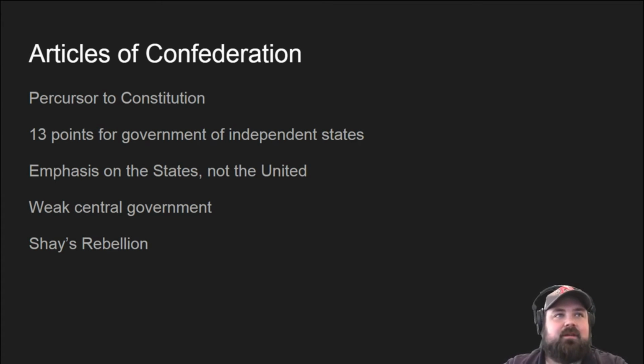Number 8 is really the key here. The 8th point of the Articles of Confederation is that funds will be raised by state legislatures and then paid to the central government. So it's almost like donations as opposed to taxation power. That's going to be the key. The weak central government of the Articles of Confederation has no taxation power, and if you don't have taxation power, you can't raise money. And if you don't have money as an administrative body, you can't actually do anything. That's going to be a problem basically from the beginning.